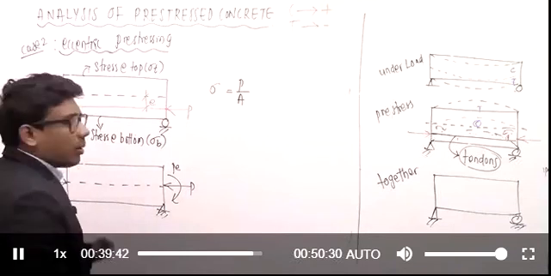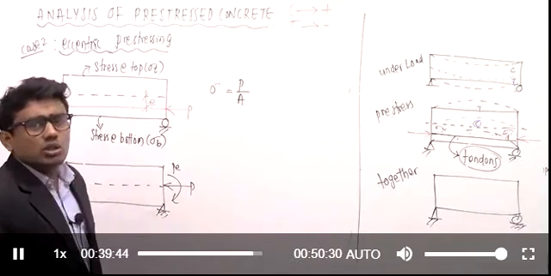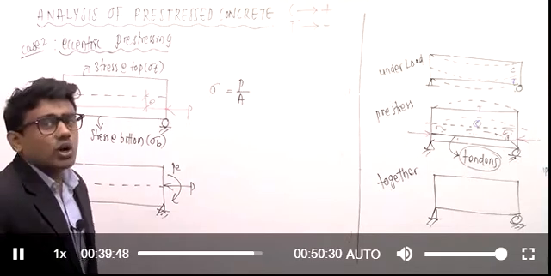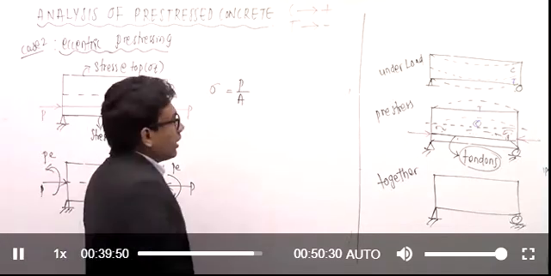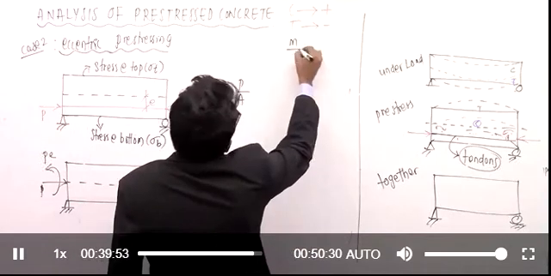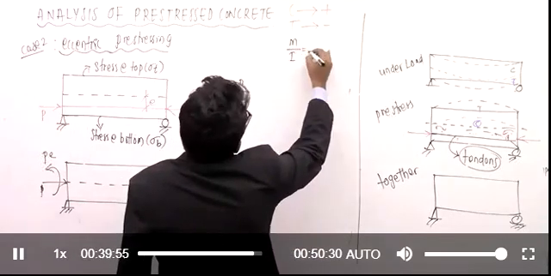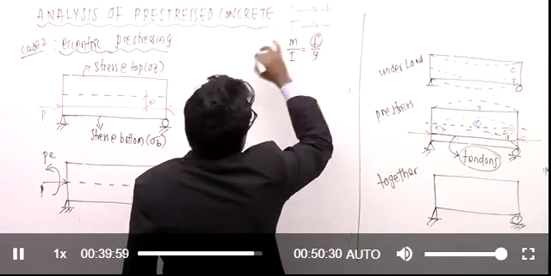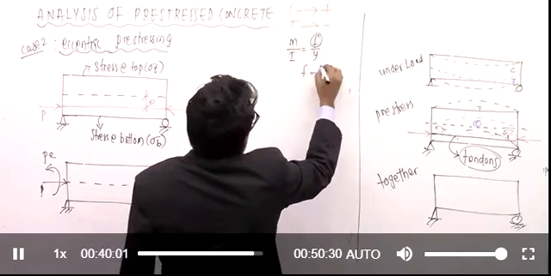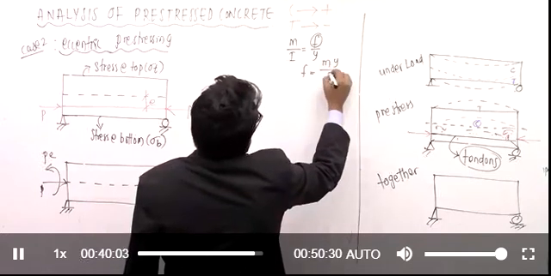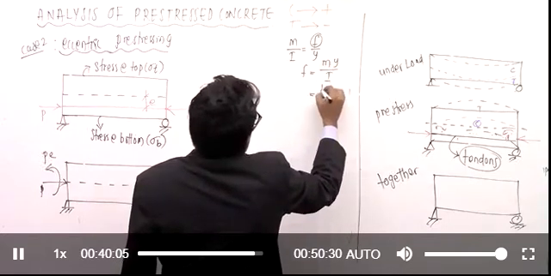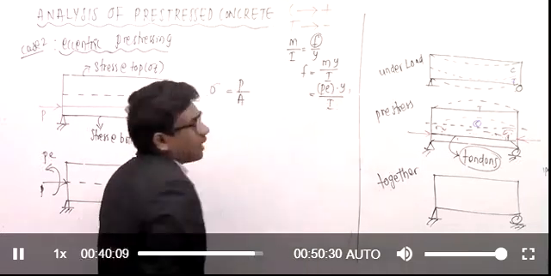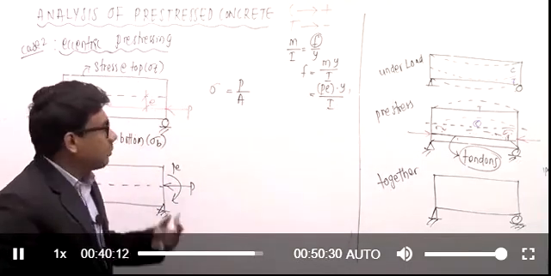Right? Then due to moment, how to calculate the stress due to moment? We have to go for the bending equation. What is the bending equation? M by I is equal to F by Y will be the bending stress. From this we can calculate the bending stress. F is equal to My divided by I, where M here is equal to PE, so PE into Y divided by I. Correct? PE into Y divided by I.